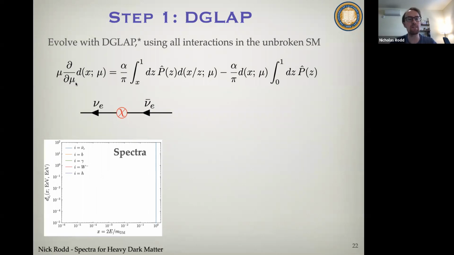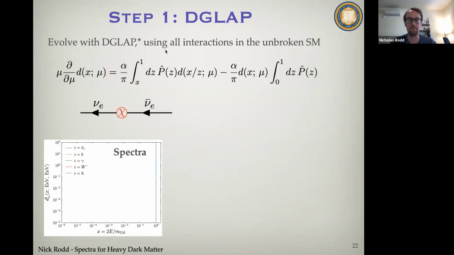Let's say that I'm thinking about the DGLAP equation at some given energy fraction. Well, one contribution I can have as I evolve is that a particle with a higher energy fraction could split, and then it comes down to a lower energy fraction because it's undergone some real emission. And so that's what's happening in this first term here. We integrate over all fragmentation functions with high energy fractions, weighted by the splitting functions, which account for how that